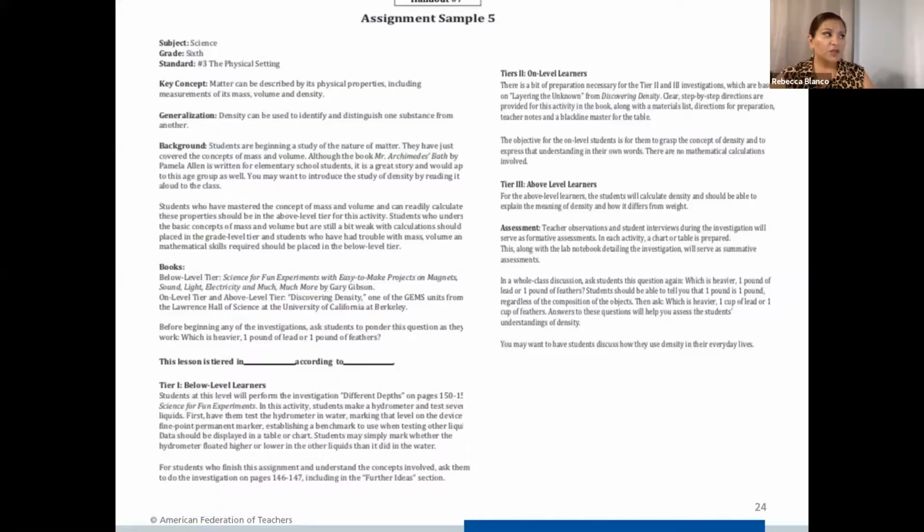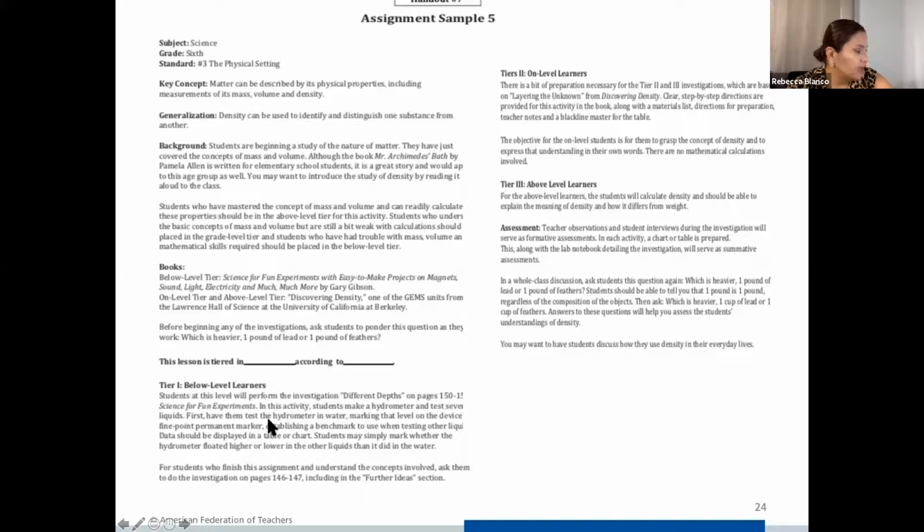Okay, this is a little bit lengthier. This is grade 6, right? The key concept is matter can be described by its physical properties, including measurements of its mass, volume, and density. And then we go to tier 1, below level learners. Students at this level will perform the investigation Different Depths on page 150 through 151 of the Science for Fun experiments. In this activity, students will make a hydrometer and test